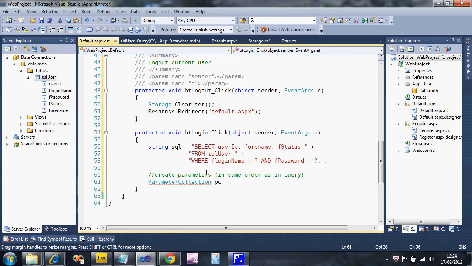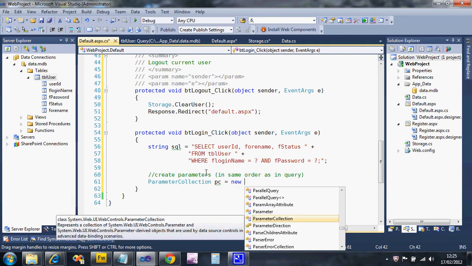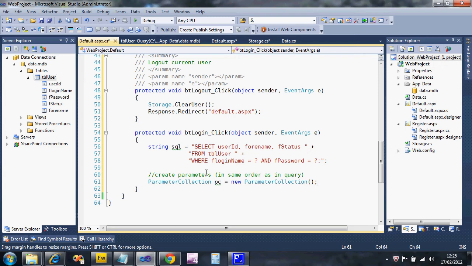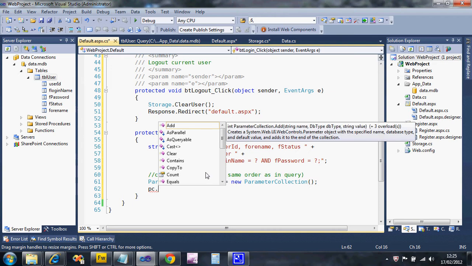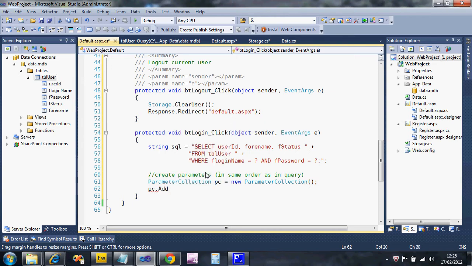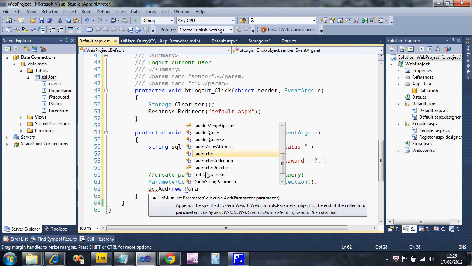I don't want a long name for this, so I'm not worried about that. I'm just going to call it PC. So that's an object that we want to create an instance of. PC is the object, parameter collection is the class. So we're going to add our first parameter. I'm going to say PC dot add, and it's going to be a new parameter,